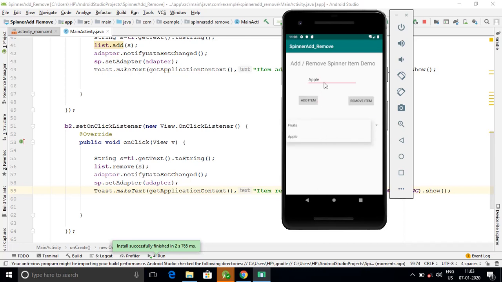Yes, it is added. Similarly, suppose I want to remove this item, I'll click on remove item. It will remove the apple item from my spinner. As you can see, now there is no apple item over here. So that's all. This is your assignment 4th,